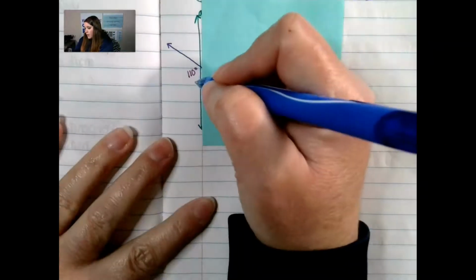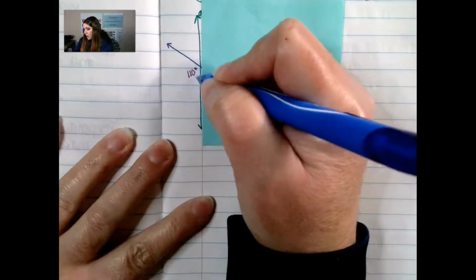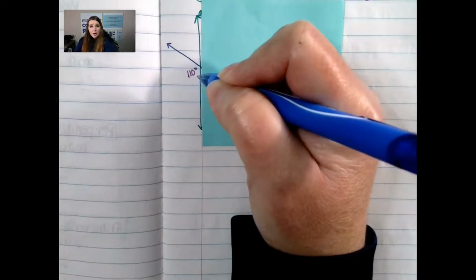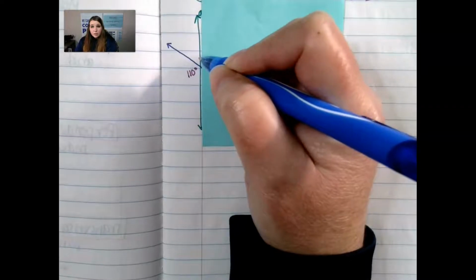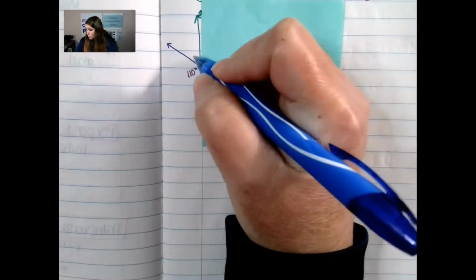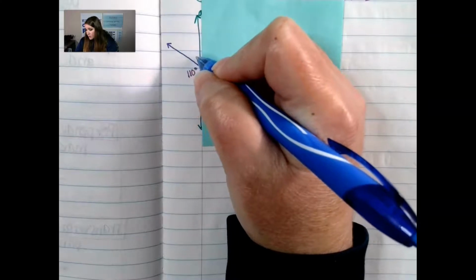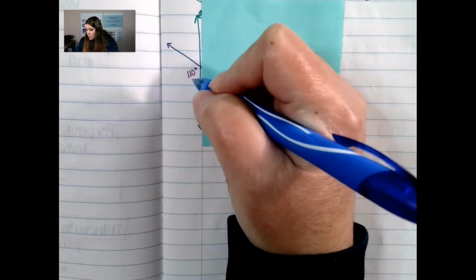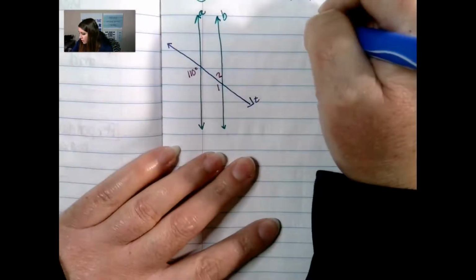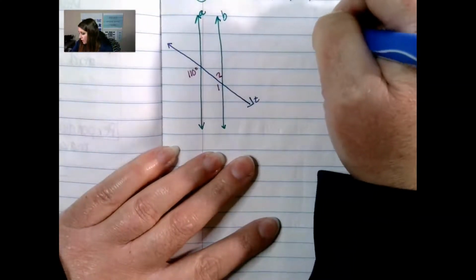We also know that they give us the measure of this angle here to be 110. So this missing angle right here, this unknown, has to equal 180 when we add it to 110. So let's go ahead and start with line A